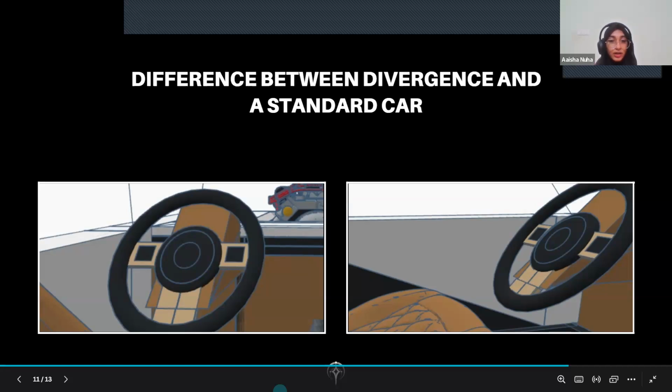So overall, the Divergence hybrid car combines the benefits of both electric and internal combustion powertrains, offering improved efficiency, reduced emissions, greater range, and flexibility compared to standard electric and internal combustion engine cars. It represents a bridge between these two technologies, providing a more versatile and eco-conscious driving experience.